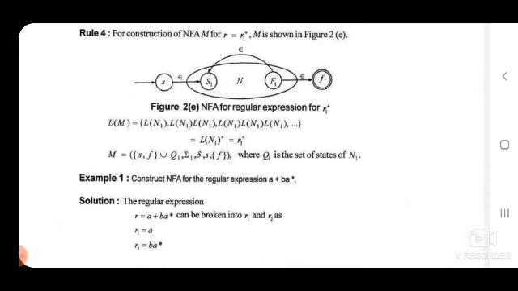So, in this way we have represented that we can draw an NFA with null transition for each and every regular expression. Either it is a simple R like null, phi, or any symbol of sigma, or there is a combination of R and different operators. Okay. So, we have represented all the cases.